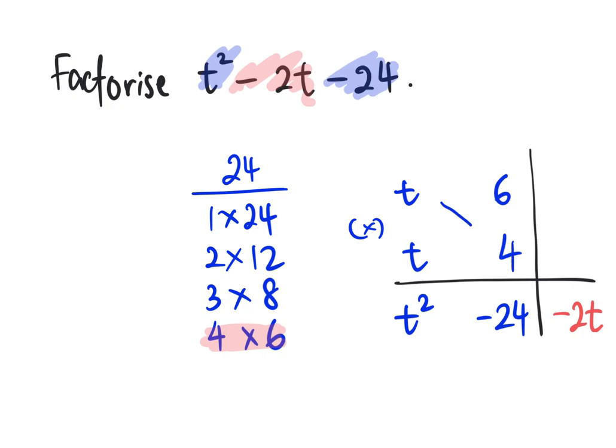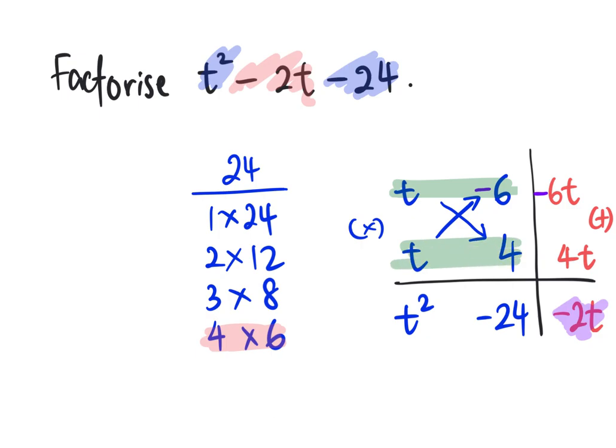Later on, Mr. Tan then considers the negative sign. But for now, 4 times t is 4t, 6 times t is 6t, and now is to consider where do I put the minus sign such that I get a negative 2 at the end. Is it 6 minus 4? Or is it 4 minus 6? Very good. Negative 6 plus 4 or 4 minus 6 will give me my negative 2, and that's where I get my